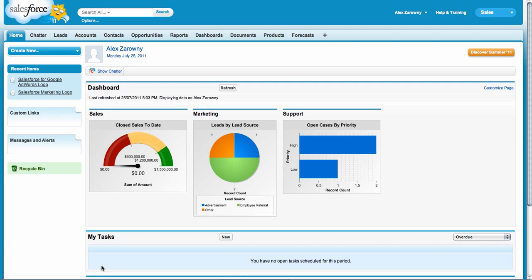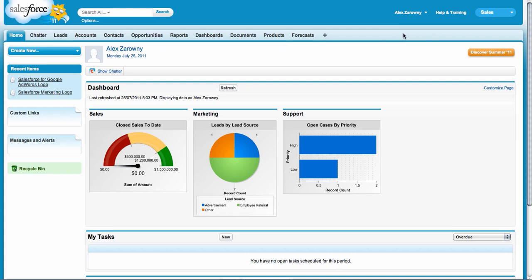So for example, I may want to have an opportunity where I track products versus an opportunity where I don't have any products at all, a very simple opportunity. So with record types, we can create these different flows on any object, even the custom objects that you create. There's a few things that you need to do before you can get started with record types. First of all, you do need to be in the Enterprise Edition, but I'll show you how to set one